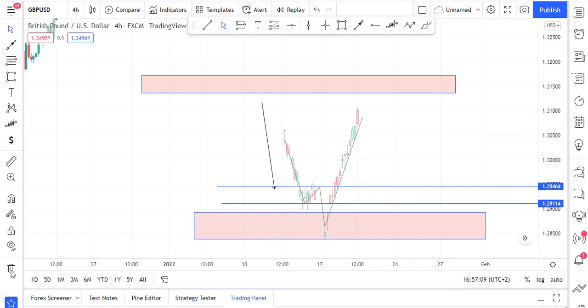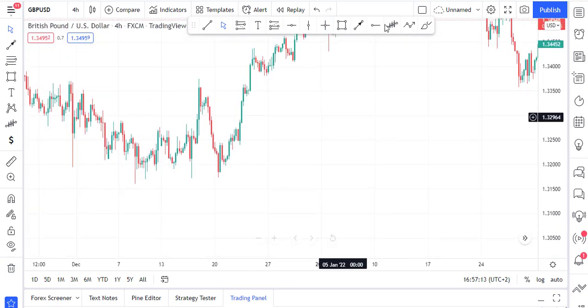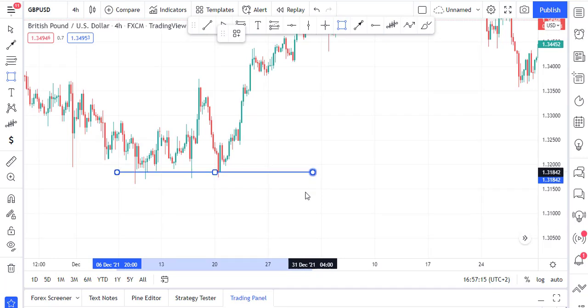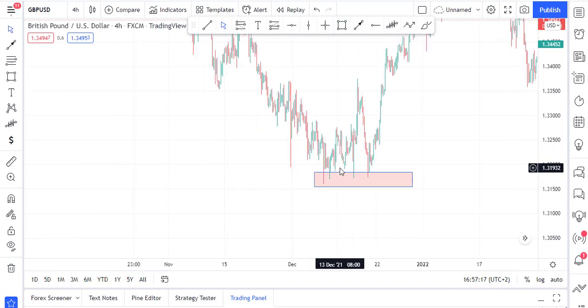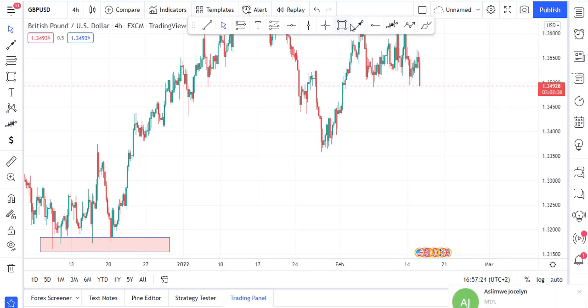So those are the two scenarios, not the only two, but those are the two which I would want you guys to go and test in the near future. Go and backtest, and if you like what you will be seeing, you can be using it. So number one, let's mark some